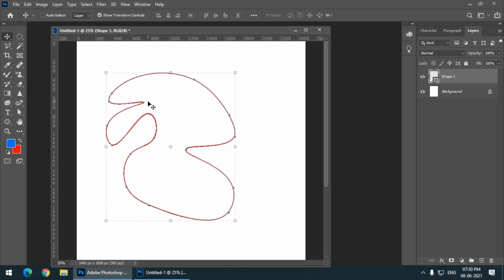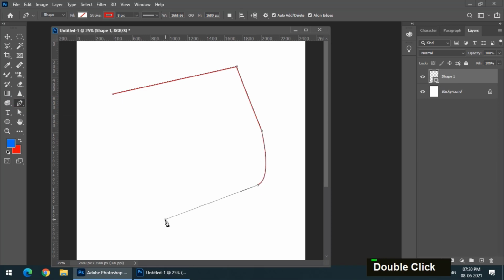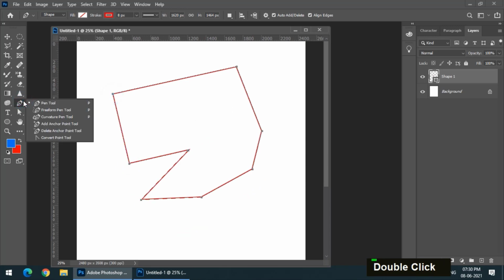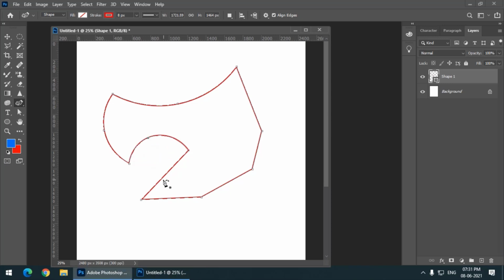And there is also one other use of the curvature tool. Let's say if we have created this particular shape using the pen tool, I am only creating straight lines. So what if we want to change some things and create curves? Then you can simply use curvature pen tool instead of using the convert point tool, like this. So it will convert the straight lines into curves.